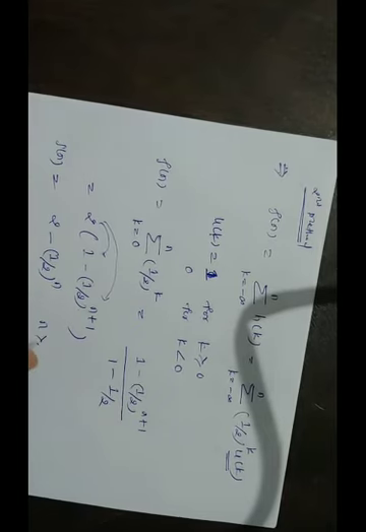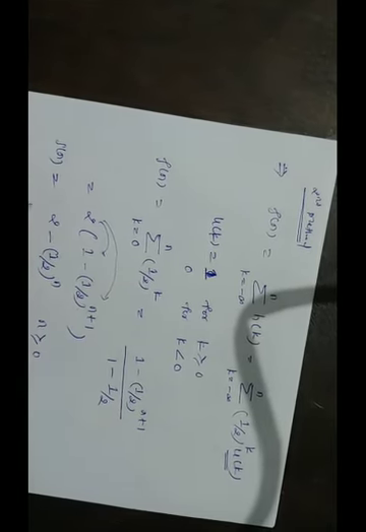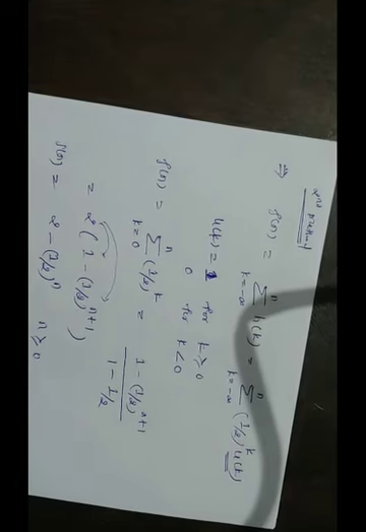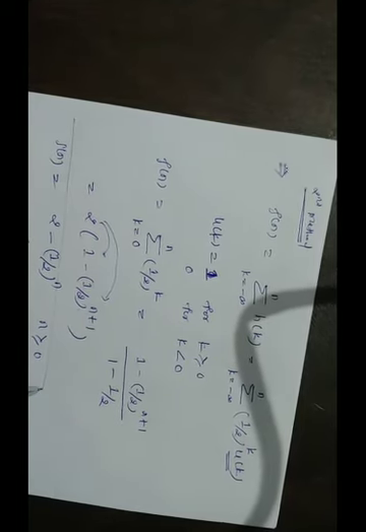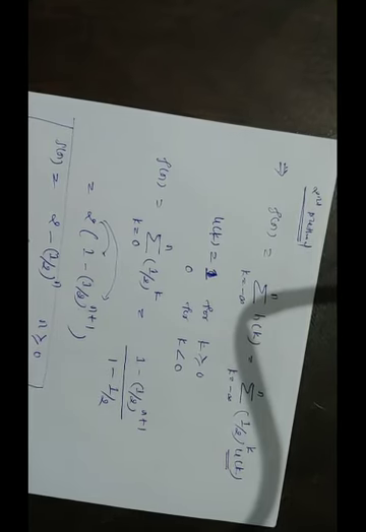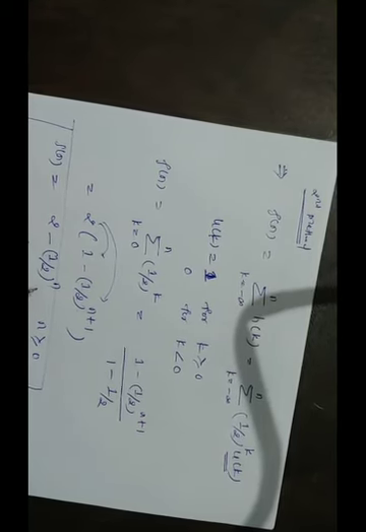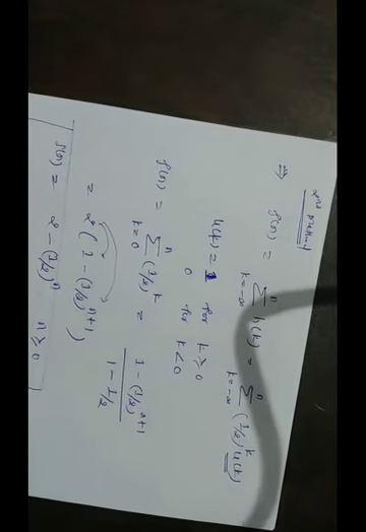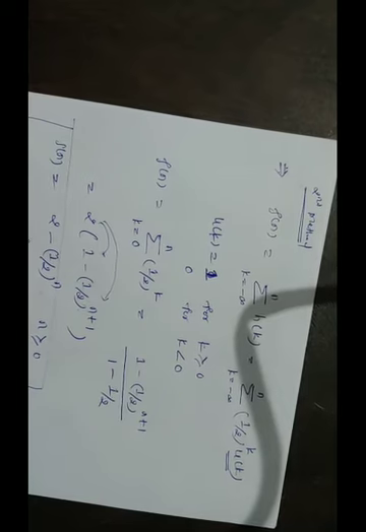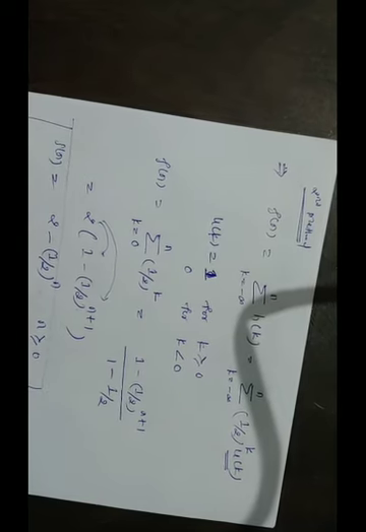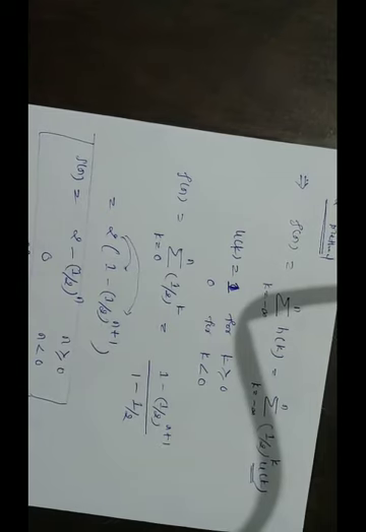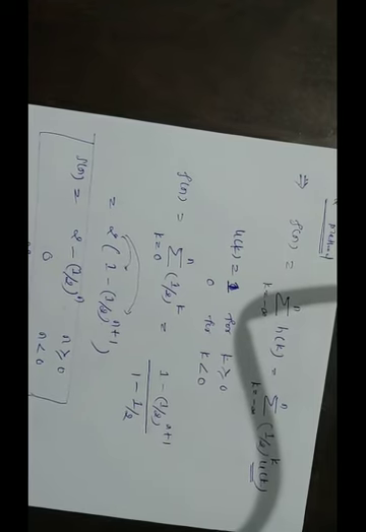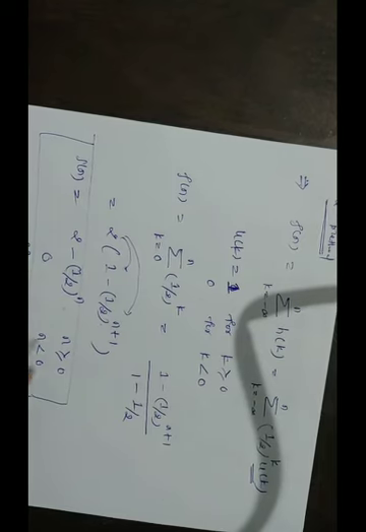Similarly, for the other case, for n less than 0 I have to get 0. So this is my answer. Again, if you want it in compact form, you can multiply by u of n. Then there is no need to write the range. If you don't want to write the range, you have to put S of n equal to 2 minus 1 by 2 to the power n, into u of n. That means this u of n gives this range.